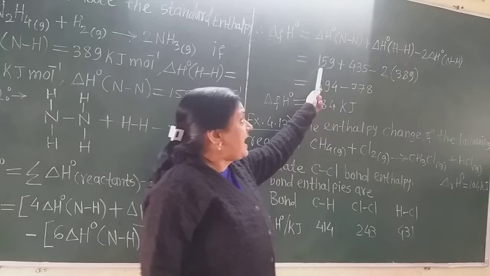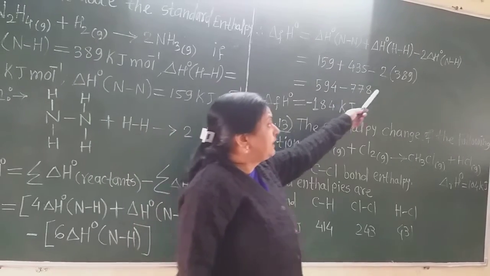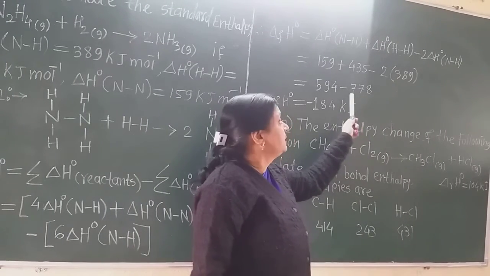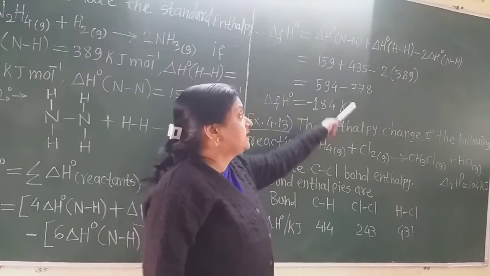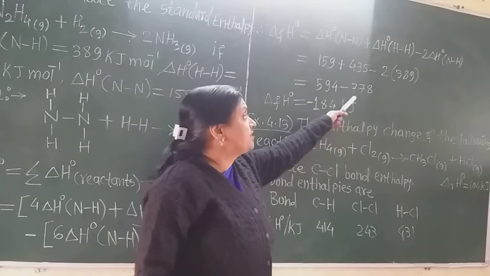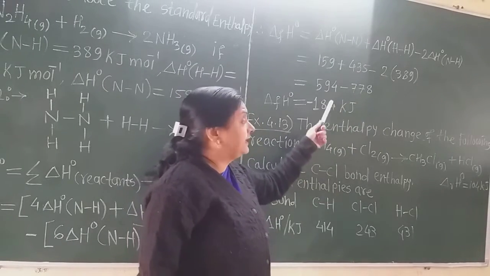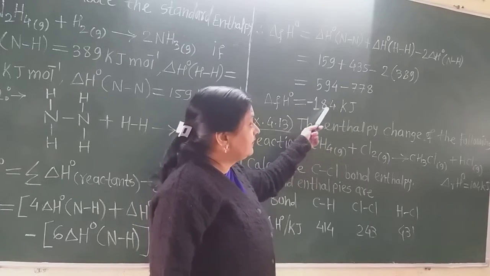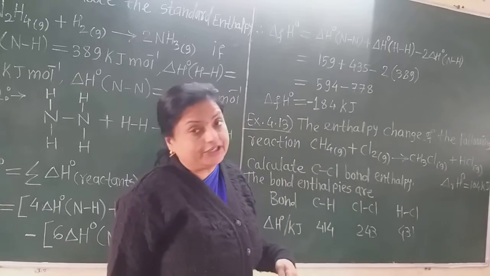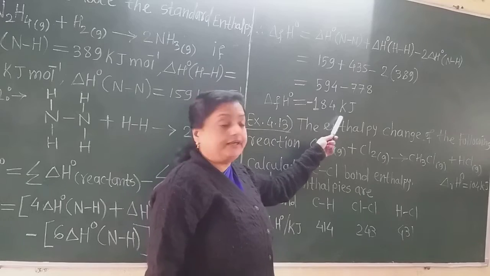If we add these two quantities, that becomes 594, and on multiplying this 389 by 2, we obtain 778. But here is the minus sign. Now this is the large quantity and this is the small quantity. So after subtraction, from this 778, this 594, we obtain 184. But as this is the large quantity, the sign is negative. So delta H0 for this reaction is minus 184